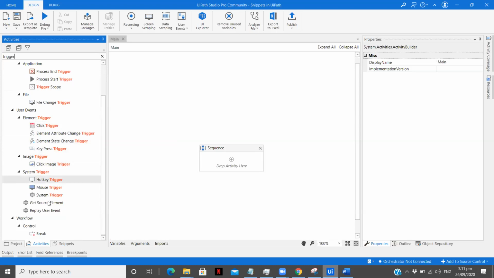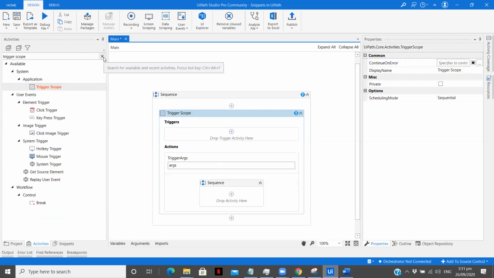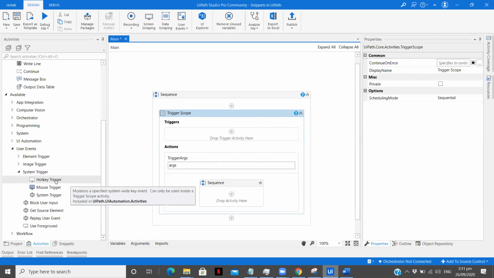So what I'm going to do is I'm going to just drag a trigger scope, and first let's understand that, and later we'll go to further activities. So now when we have this trigger scope, we have to drop trigger activities over here. Now in this, only these three sets of activities can come, that is hotkey trigger, mouse trigger, system trigger.